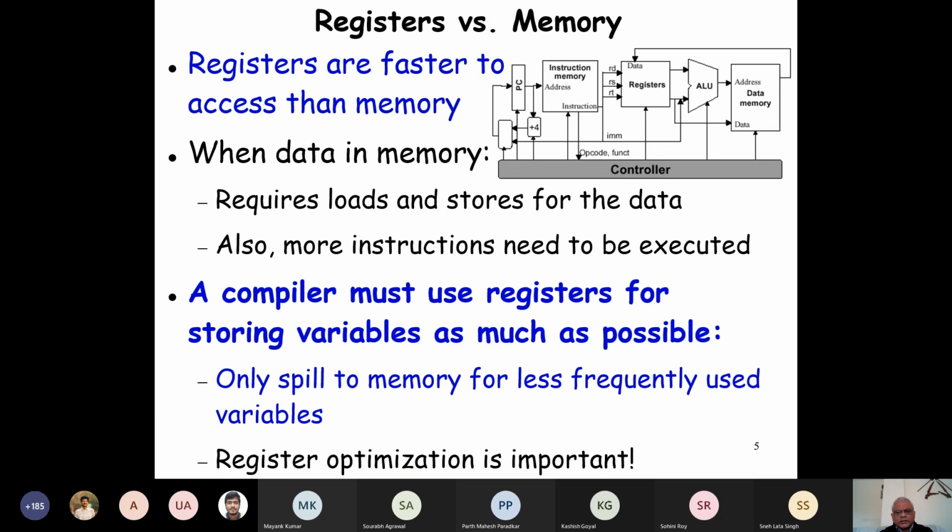Now let's get a bit more insight into register versus memory. Just look at this diagram: the ALU takes register operands. It doesn't take memory operands. And also these two, instruction memory and data memory, that are written here, are not really the main memory. They are the cache inside the processor. We had said that earlier. Now, even though these are cache, the register is faster, maybe 10 or 20 times faster.